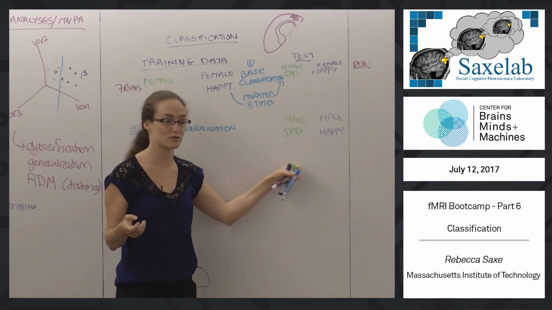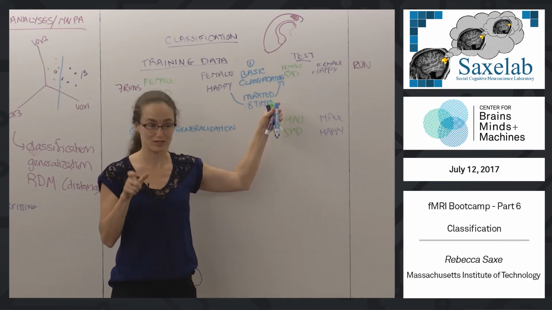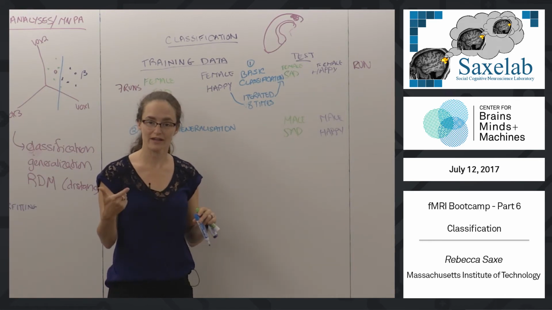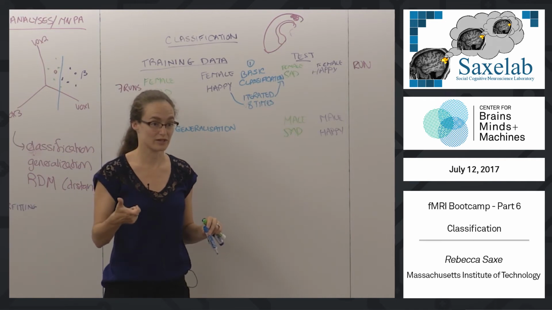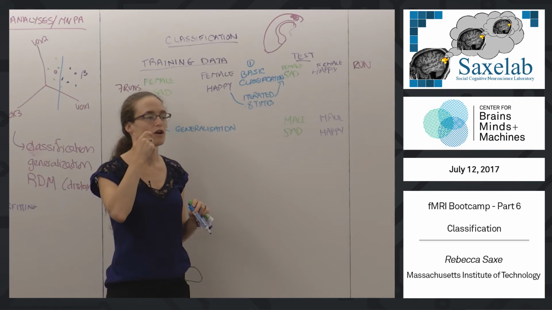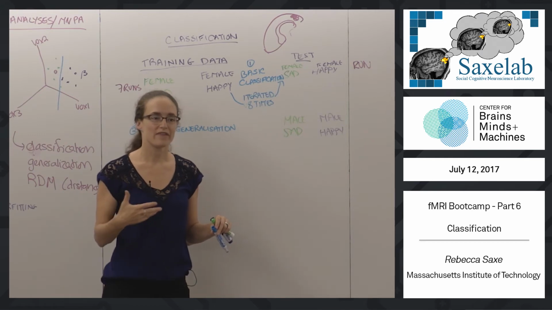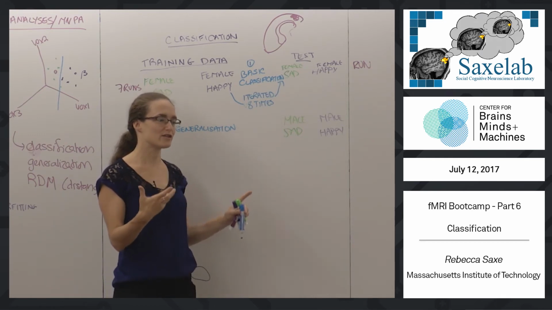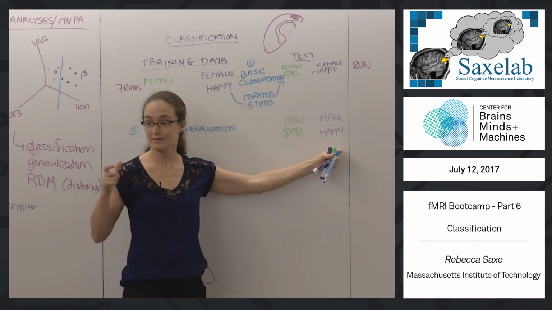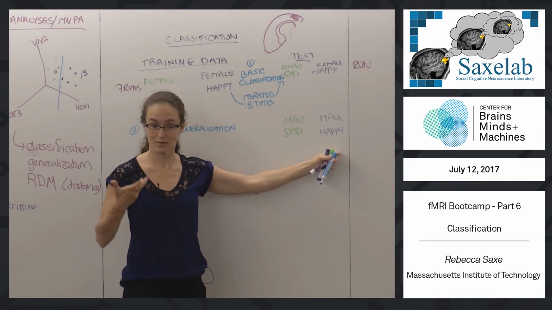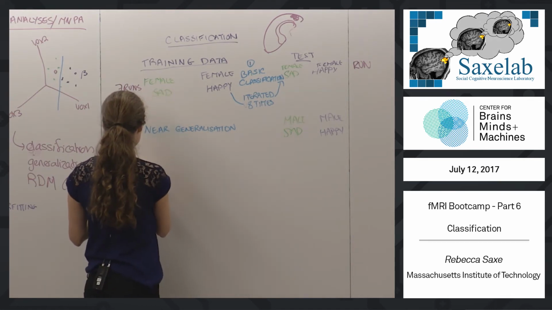So now that we know it generalizes to a new set of movies, we know it's not something really stupid about the training and testing on that particular set of movies, but we still might worry that it's not really the dimension we were interested in, it's some confounded dimension which you can classify. And I'm saying this again because, in the euphoria around classification analyses and MVP analyses, one thing that has been missing is some critical evaluation of if a classification is possible, why is it possible, and is it based on an interesting feature space that we care about or some other feature of the stimuli, right? So again, in this particular experiment,